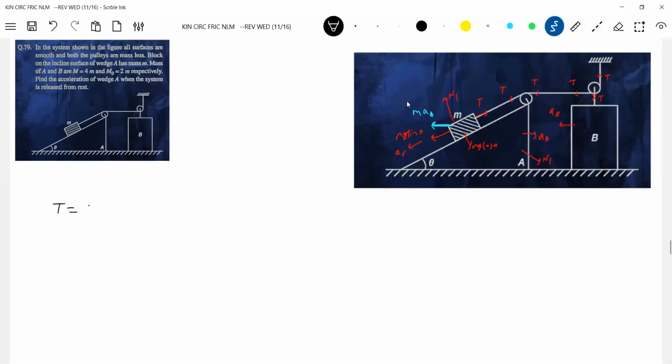T equal to the mass of the block times its acceleration. A and B are 4M, no? So directly let me write it, 4M AB. T plus N1 sine theta minus T cos theta should be equal to 4M into AB. Then mg sine theta plus MA cos theta minus T equal to M into AR. Then perpendicular to the incline, N1